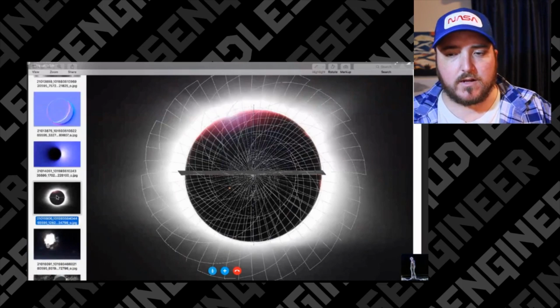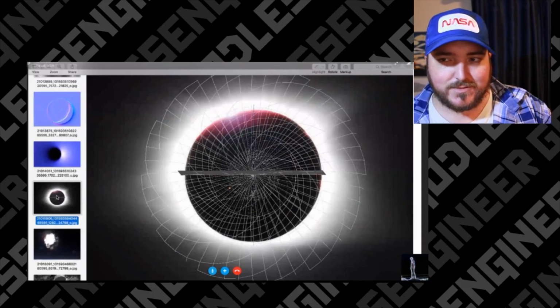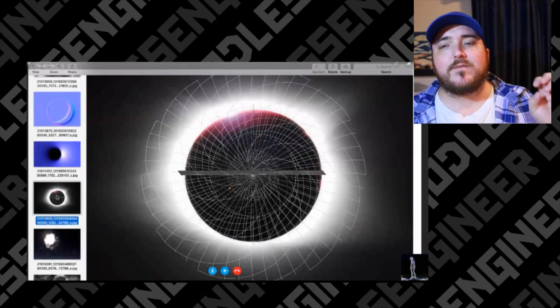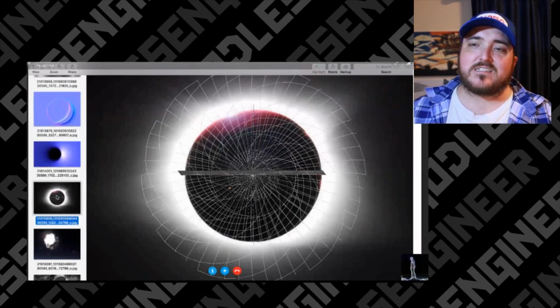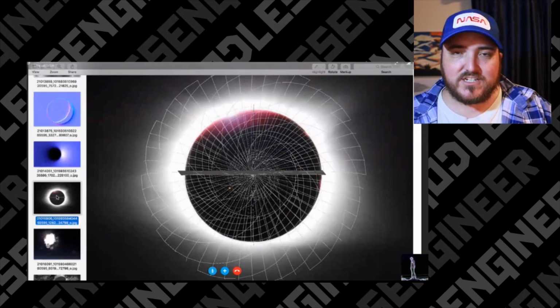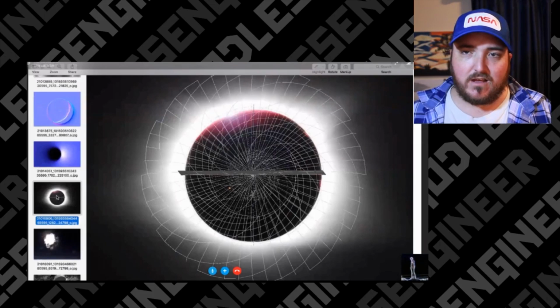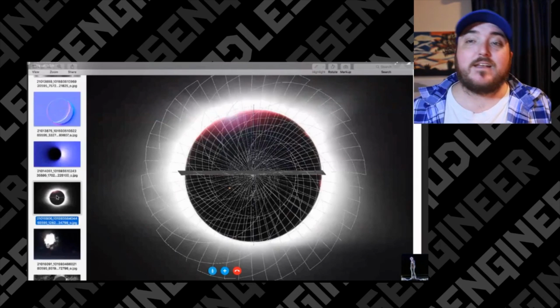Now, for the solar eclipse, I like how he's like, well, I worked it out to where it fixes the solar eclipse shit. Because, I mean, they literally have the moon 4 miles away from the goddamn face of the earth. The sun is just a little bit farther from that. And apparently, given how much heat the sun gives off and actually lands on the earth, the moon doesn't melt when it gets in front of it. I don't know what their moon's fucking made of, but holy shit.